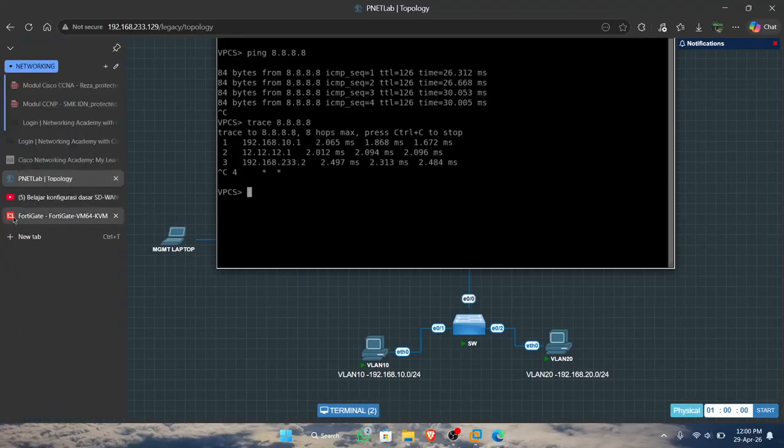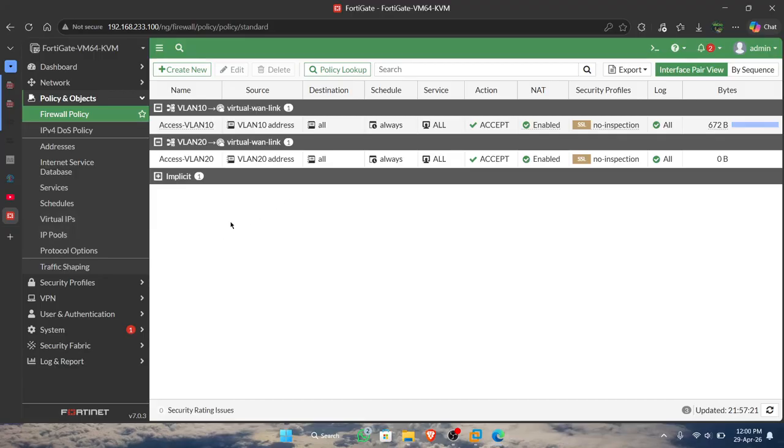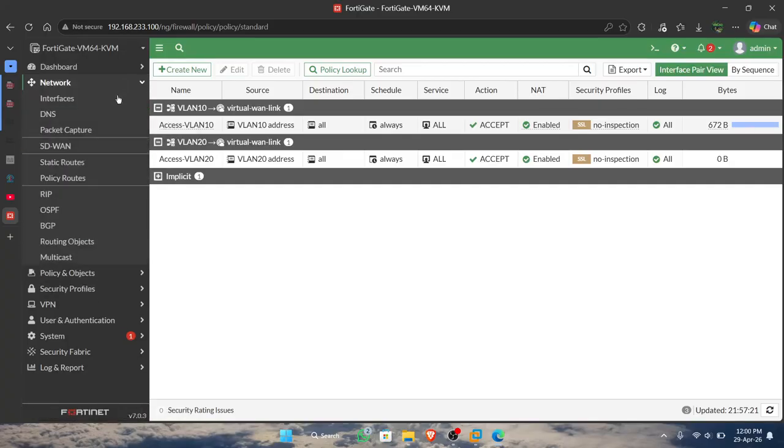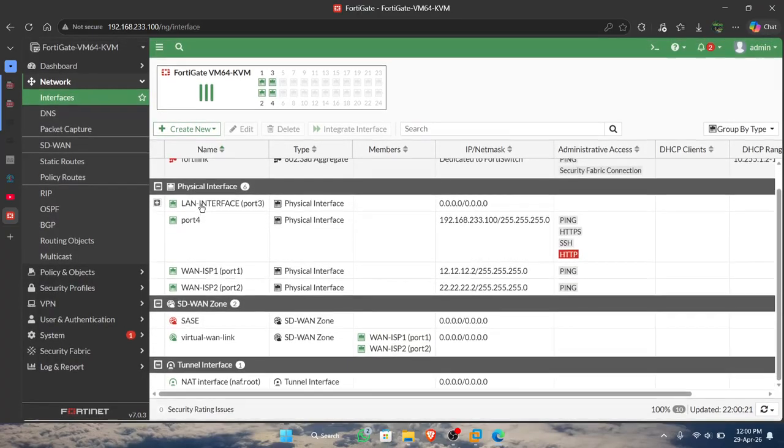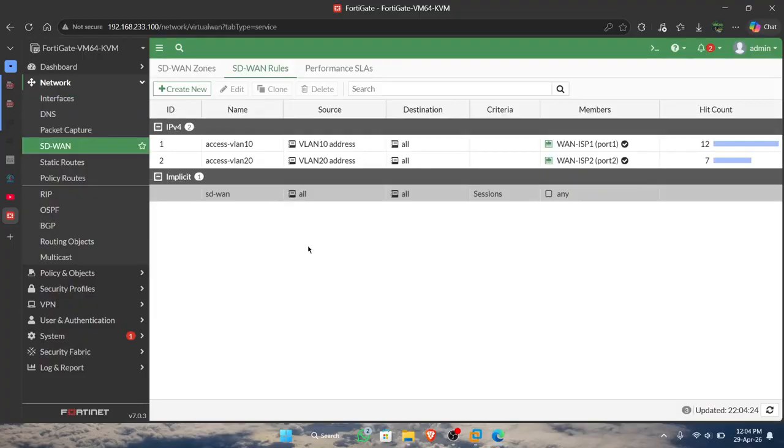Okay, this is the configuration in load balance. We can show this configuration, the SD1 rules.